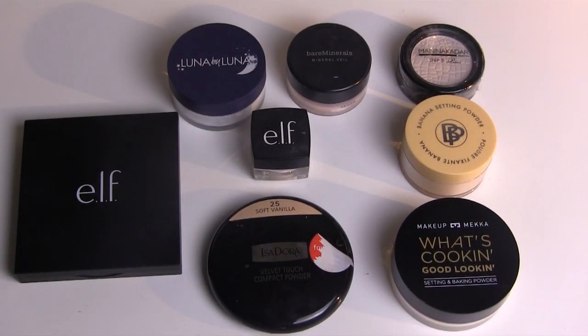Considering that I use very little powder, I have a lot, and this is not all. I forgot to bring the Inglot Freedom System palette that I am working on in my project pan. That contains a powder that I'm trying to use up, so I'm keeping that. But yeah, I have quite a few, and I think the main reason is that I've gotten